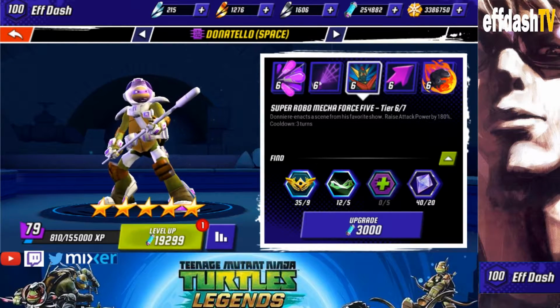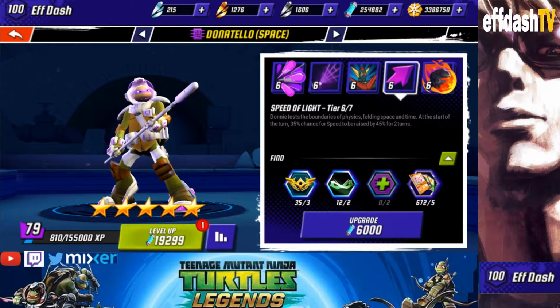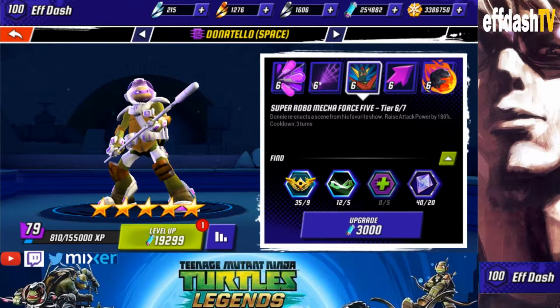And if you've seen my other videos, you know I'm not really huge on abilities that only raise attack power, but the rest of his just weren't all that great to begin with, so there was really nothing there for me to work with. So I figured 3 would be the best one for him, and then I was going to do his 2nd